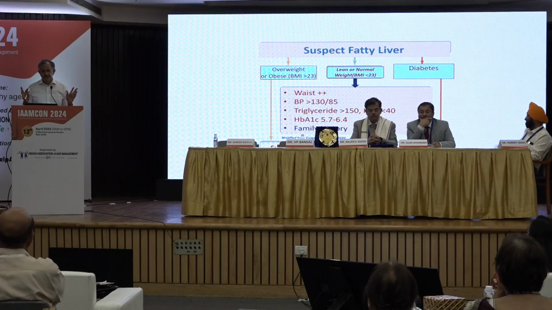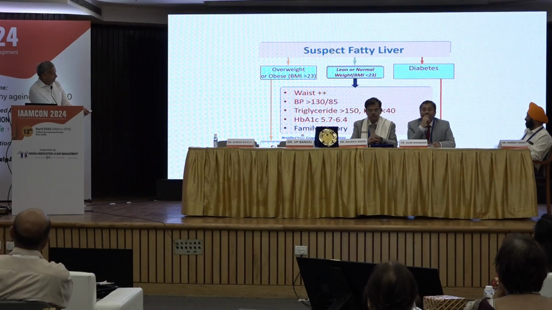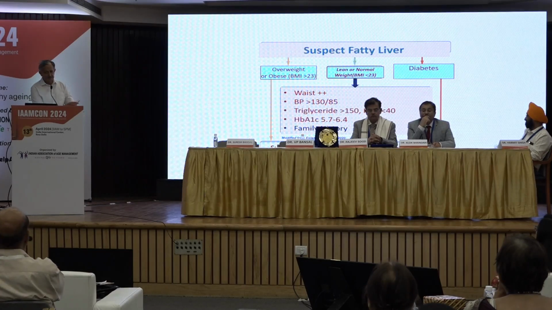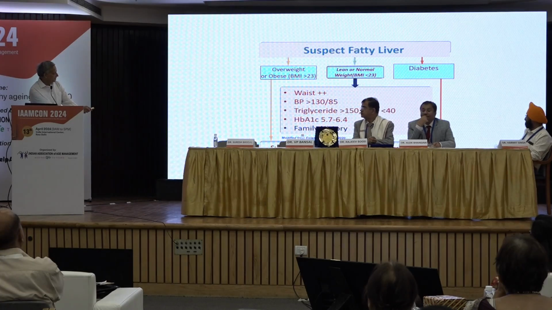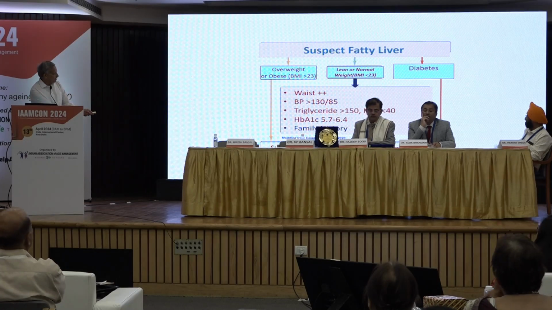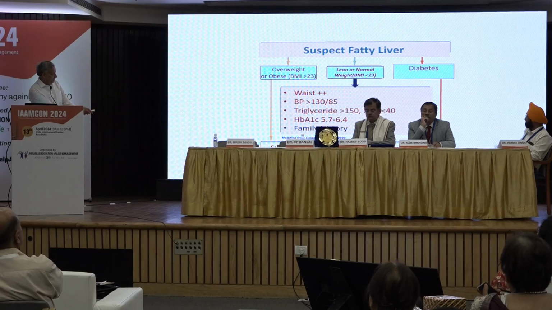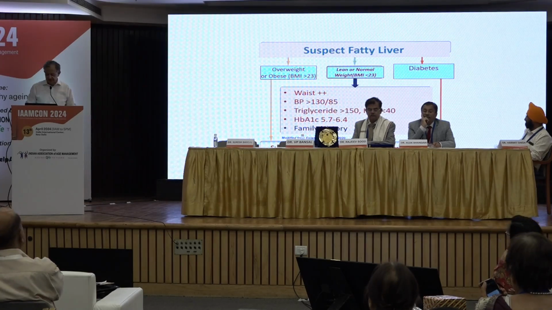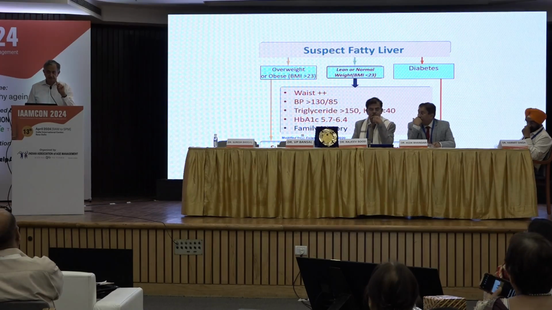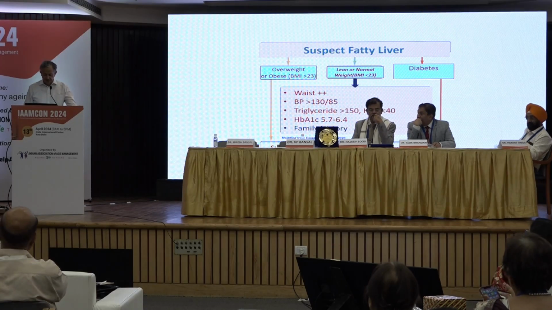So now let us say you have to diagnose in a public, large setting like Punjab Health University. All diabetics have fatty liver. All overweight have fatty liver. Clear? Now, those who are BMI less than 23, but their waist is high, for female more than 80, male more than 90. BP is high, triglyceride high, A1C is high, or A1C 5.7 to 6.4, better to be 5.7,